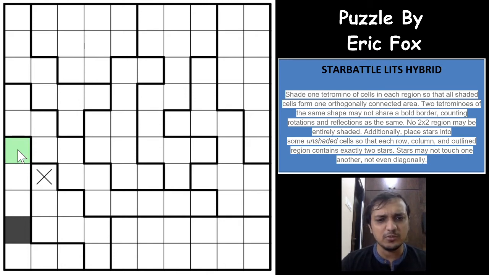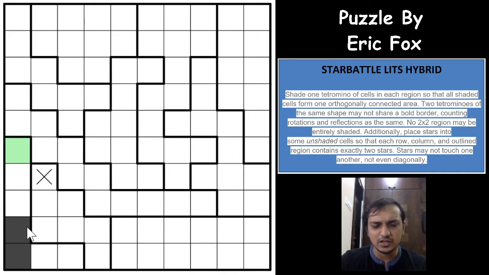The most important thing that I'll be doing in this puzzle is notation. If I mark it as a black cell, that means it's a lid cell, a tetromino cell. If I mark it with a green cell, it means that it is not a lids cell, it is an unshaded cell, but it still can have a star, right? If I mark a star here, it means it is a star, and if I mark a cross here, it means it cannot be a star but it still can be a tetromino. So do not get confused that if it is not a star it cannot be a tetromino cell as well, right? With that we'll continue this puzzle. So now this has to be shaded, a common cell again.